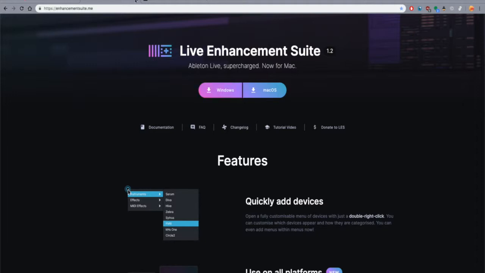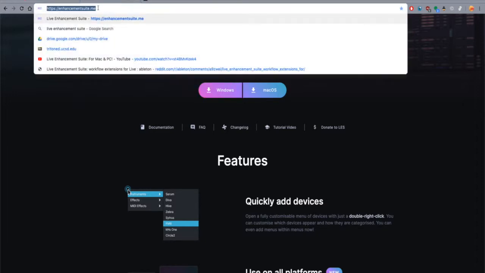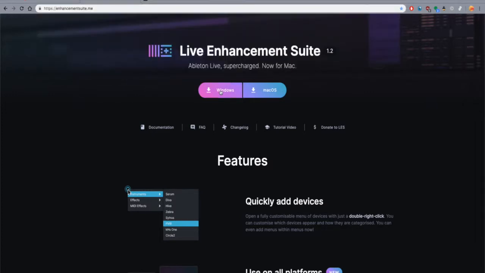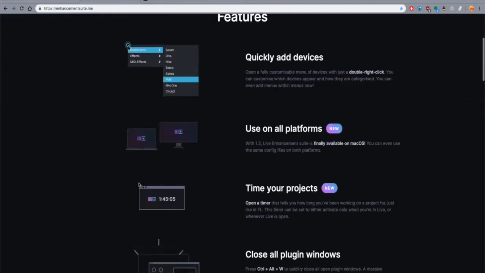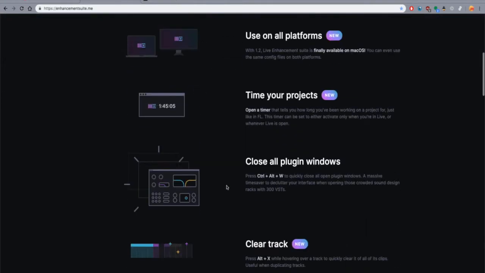So you can just go to enhancementsuite.me. I'll post all these links by the end of the meeting, and you could just install it for either Mac or Windows. Pretty easy installation. I would suggest going through